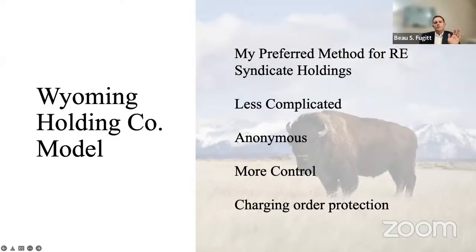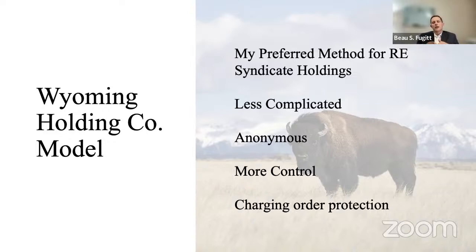So this brings me into my favorite model, which is the Wyoming Holding Company model, and it's an LLC, right? The Wyoming LLC. Wyoming was the first state to enact LLCs, and they did it because they realized that investment is good. It's good for people to invest. It's good for people to take business risk, and it's good for those people not to be personally liable for those risks. So the LLC was created to give not only the limited partners limited liability, but also to give all the members that limited liability. So unlike a limited liability partnership, all the members in an LLC have that limited liability.